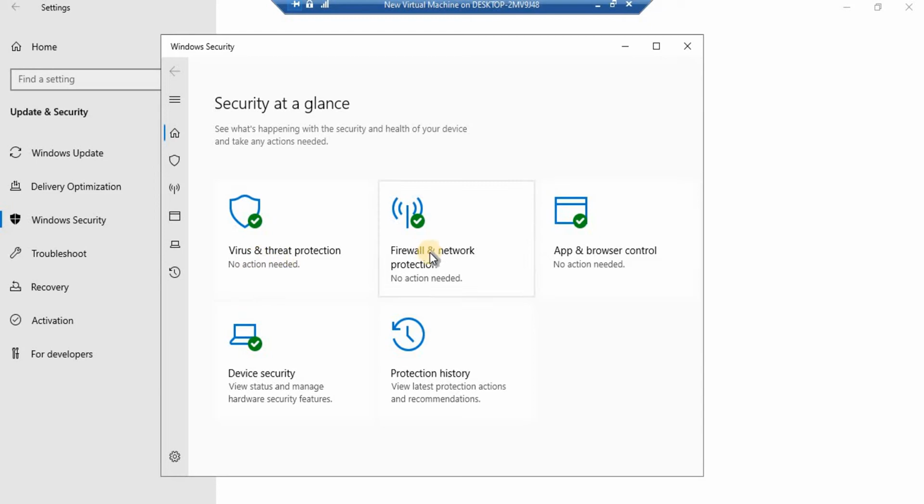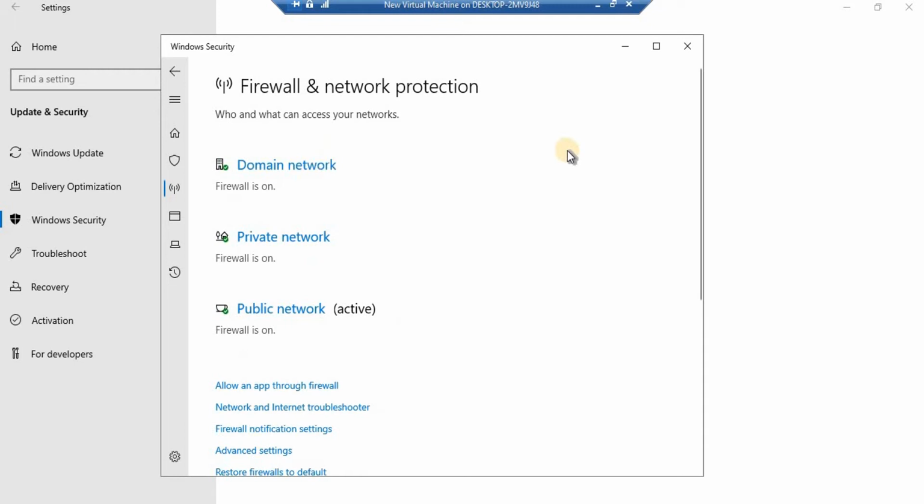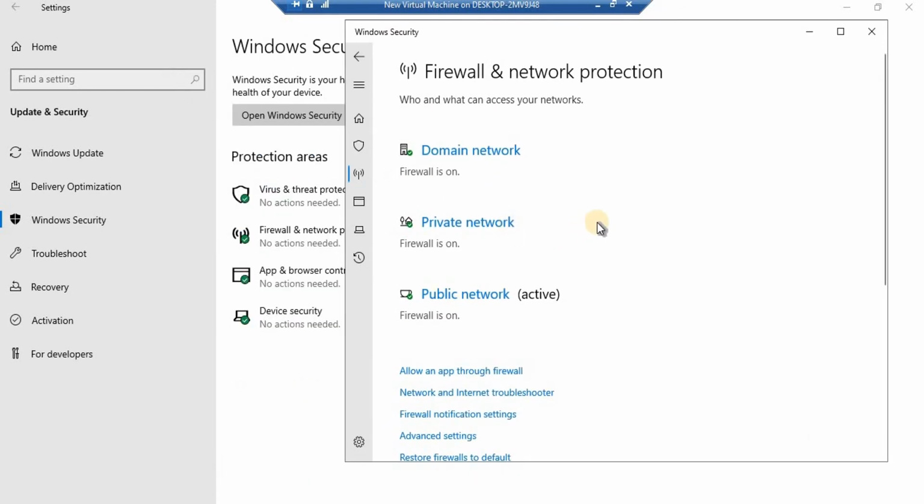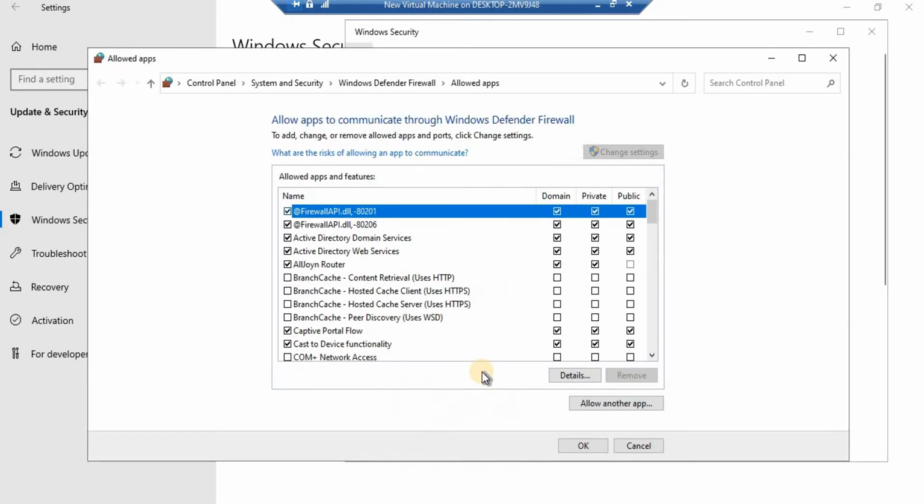The second option that we have over here is firewall and network protection. You might have noticed that sometimes we disable the firewall for the private network in a lab or testing environment. These are the options you can easily find in your security setting. If you see at the bottom, after going through the firewall options, you have the option to allow an app through the firewall. If you remember, we can set this option with the advanced firewall policy as well. From here, if you want to allow any app to run through the firewall, or give it permission to bypass the firewall, that can be done from here.